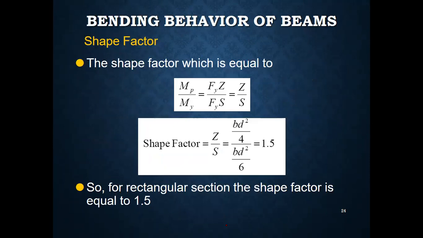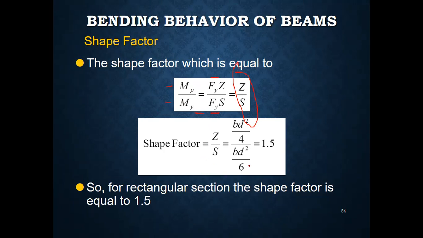The shape factor that we use in the design is generally the ratio of the plastic moment and the yielding moment. That is, the ratio of Mp by My is called the shape factor. And if we put the numerical value of Mp as yield stress times Z, and the value of the yielding moment as yield stress times S, it ultimately becomes equal to Z by S. So this ratio of plastic modulus to section modulus is called the shape factor,